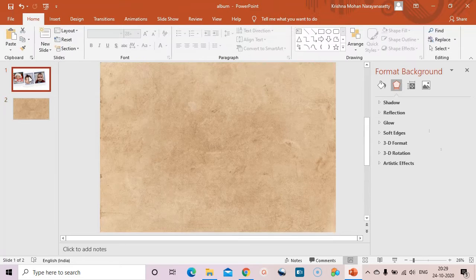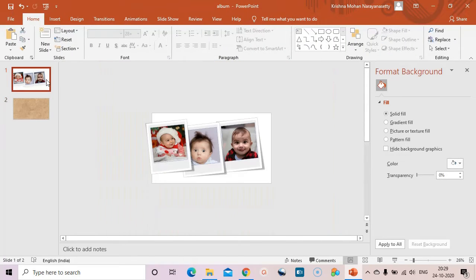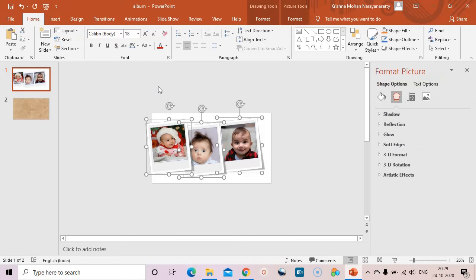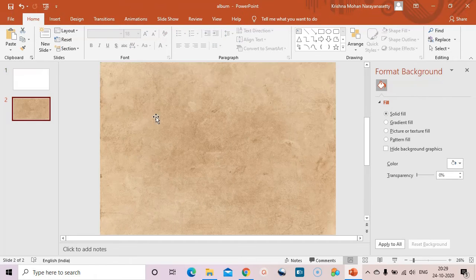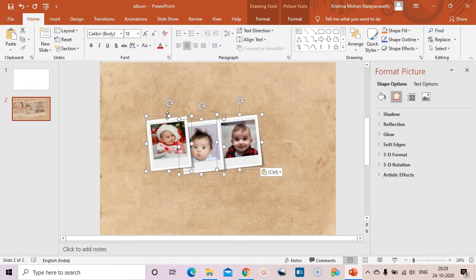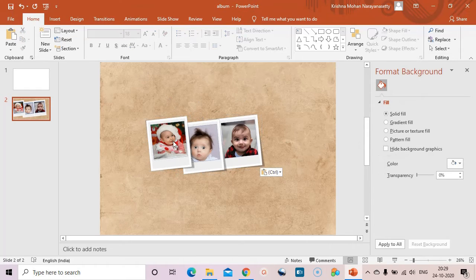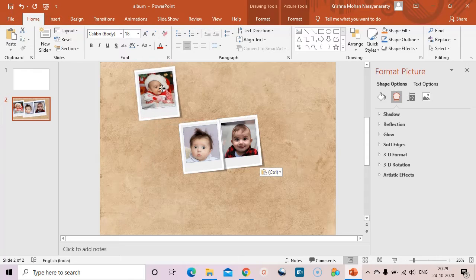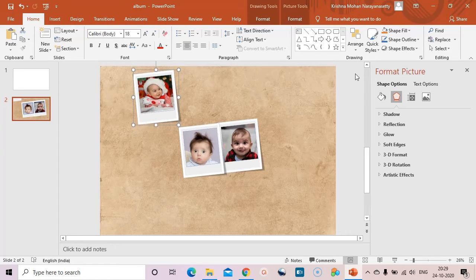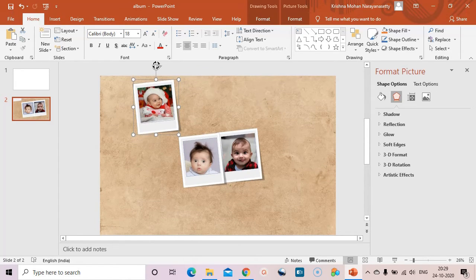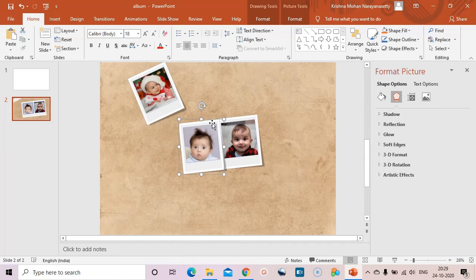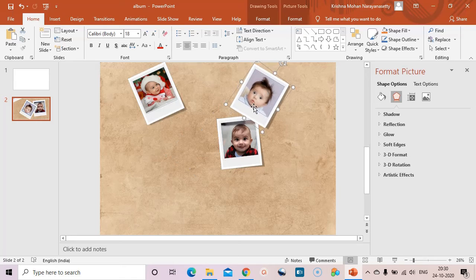Now I'm going to this slide and copying these photos, Control X, and here I'm pasting them, Control V, and let us adjust the way we want. So I'm adjusting, let me turn it a little bit, and here let's turn it a little bit and place it here.